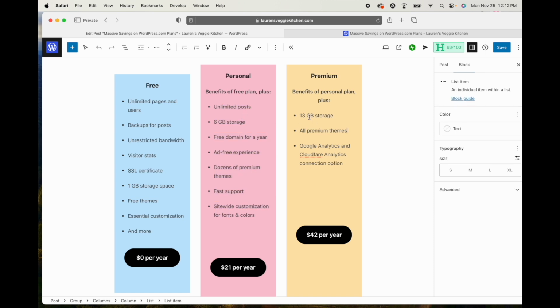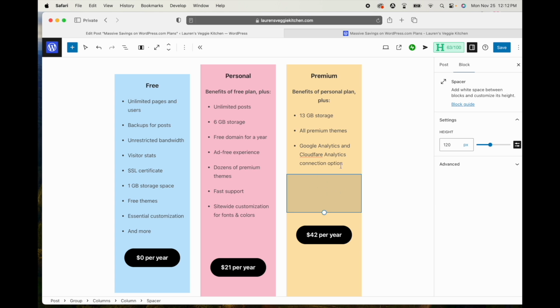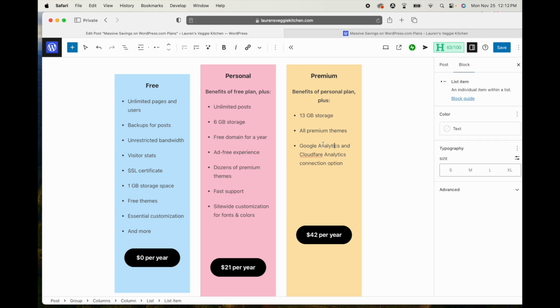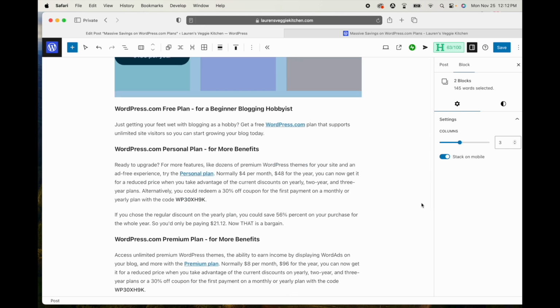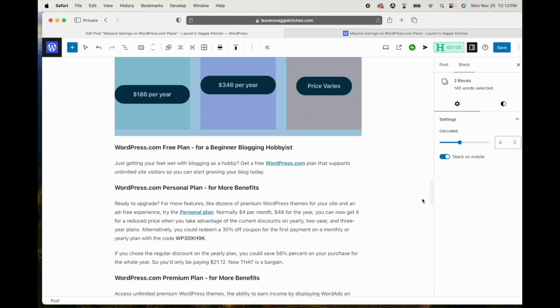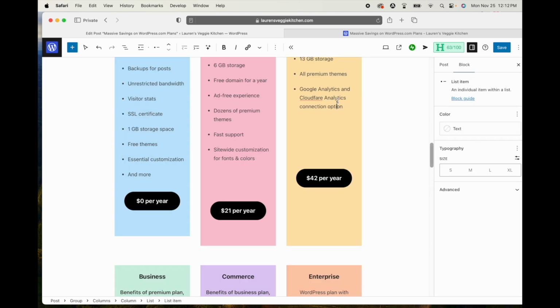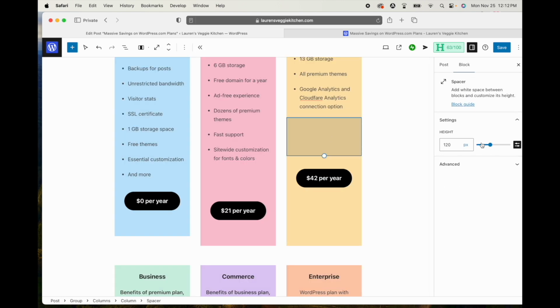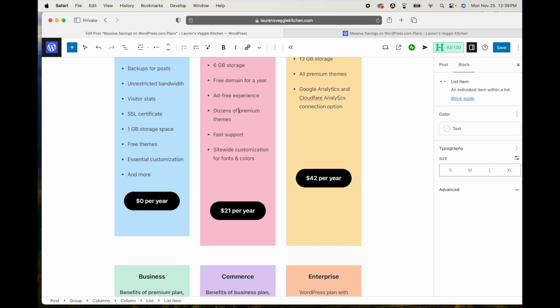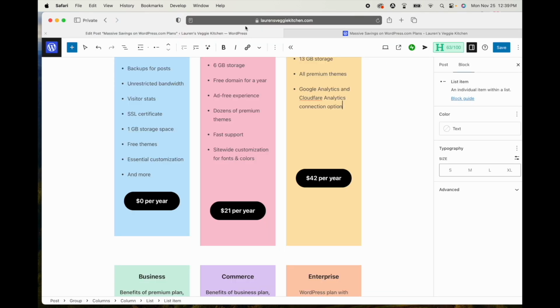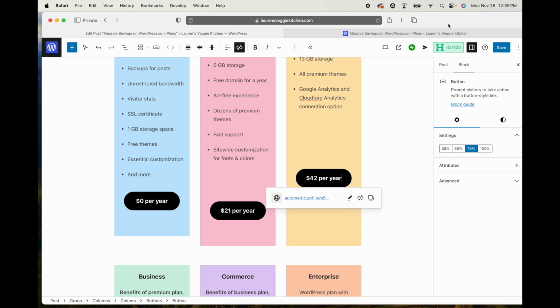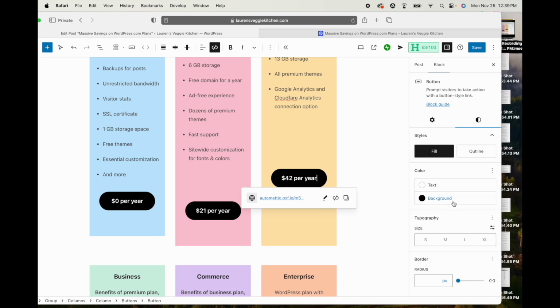This is a basic overview of just the main benefits of each plan, and if there was extra space, then I added a spacer block to even out the space, so these are all relatively the same space-wise. And you can adjust this slider here to a certain number of pixels. So now that you've seen that, the spacing, and you can see I've set the button color to, the background